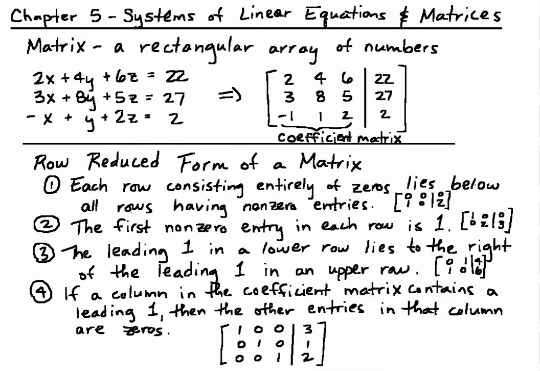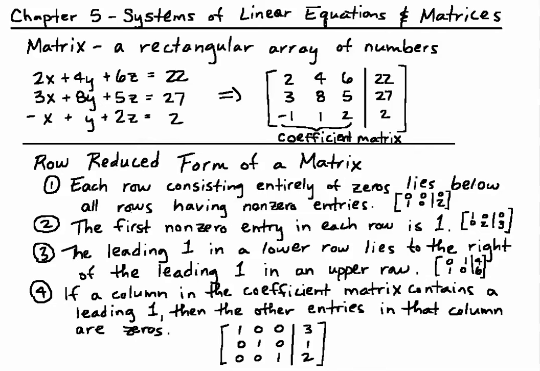The third way we can solve systems of linear equations involves a matrix. And a matrix is just a rectangular array of numbers. It's just a different way of writing linear equations. And notice on the screen I've got a system of linear equations, only this time I've got 3 equations in